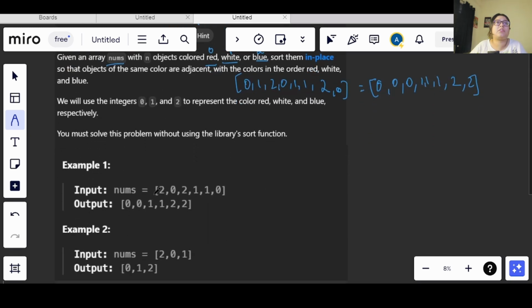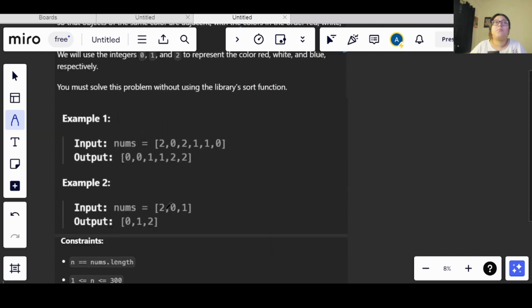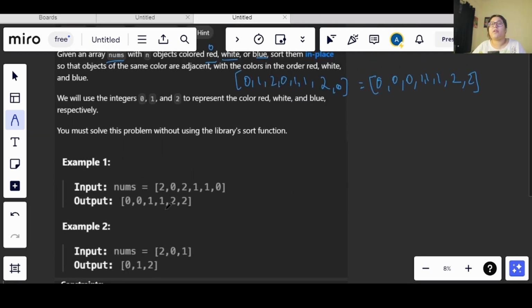Now the examples we can see here, as we saw above, we have been given an array and we have to sort that. So basically it is sorting only, right? Means if we have been given different elements and we will be sorting, it will be like this only, right? So now let's see the constraints.